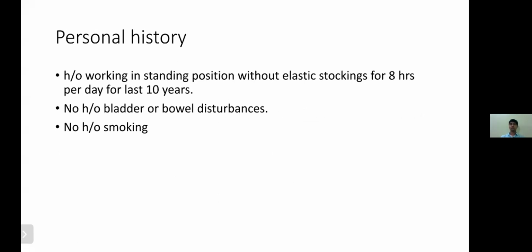Okay, do not mention that. You are not stamped when you are asking the history. You are not asking it retrogradely, saying yes, I am taking a varicose vein history and then asking about elastic stocking. So do not write without elastic stocking. History of long standing job, the person works for about 8 hours per day for the last 10 years is okay. If you write without elastic stockings, then you already stamped that this is the history. Sorry, sir.